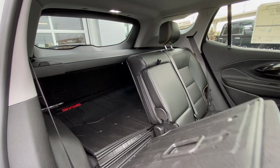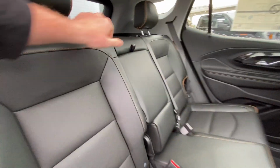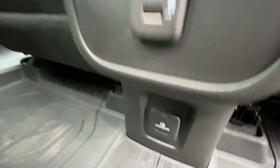60-40 split, allowing plenty of access to your trunk. Rear privacy liner is installed. Cup holders come down here in the middle. Bose audio continues throughout the SUV, and here in the center console we have 2 USB charging ports and a